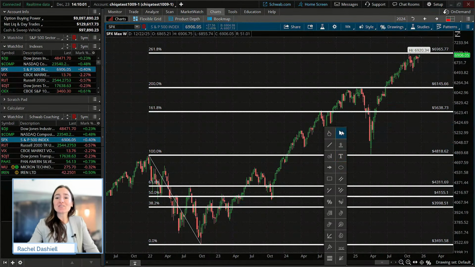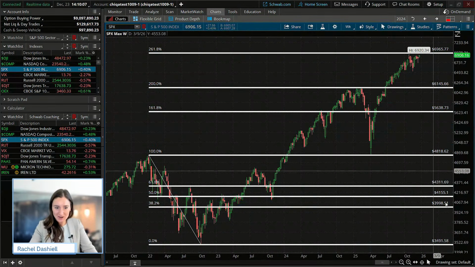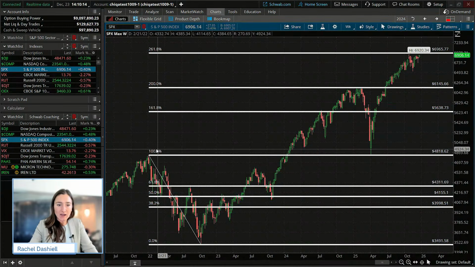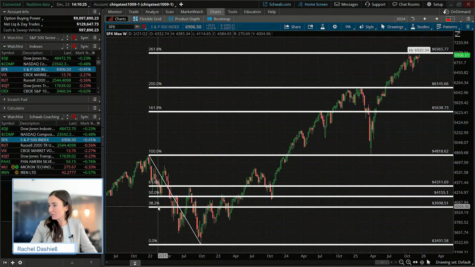It will kind of give you some areas of where we have seen levels of resistance actually play out over time. So I think the first thing that you're going to notice here is that when I look at the Fibonacci's, I only have 5 different levels here. So I have the 100% level, I have the 61.8% level, the 50% level, and the 38.2% level.